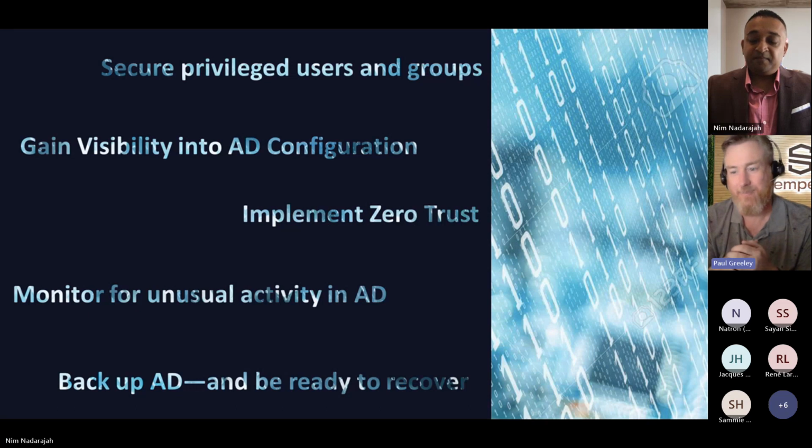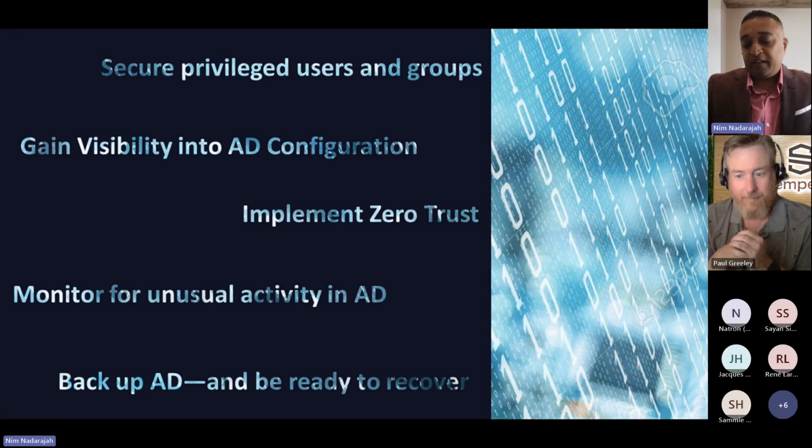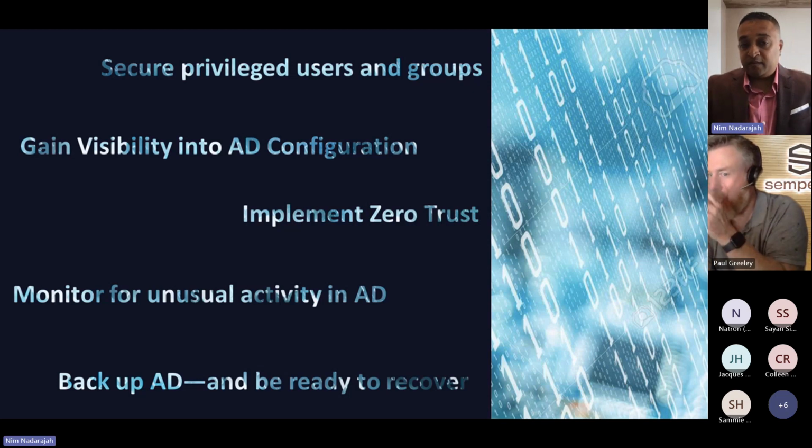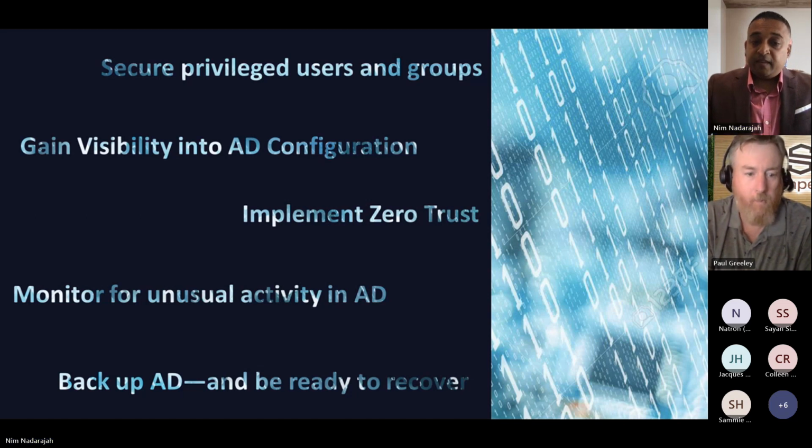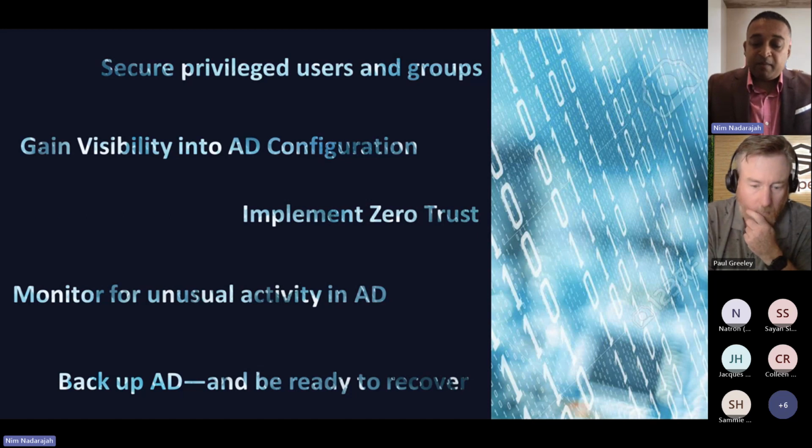Wow. Well, what are the takeaways? What are the answers to the 5 vulnerabilities? We want to leave you with some actions. We want you to think about securing your privileged users and groups, gain visibility into your AD configuration, implement zero trust, monitor yourself for unusual activities in AD, and have a good backup, an immutable backup that you know will work, and be ready to recover.